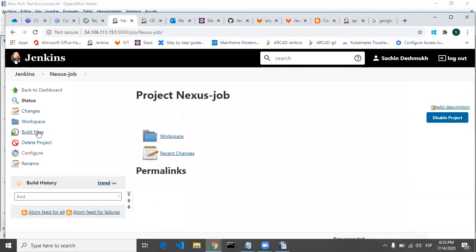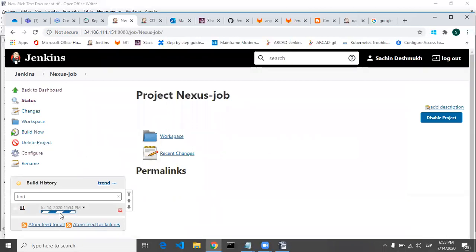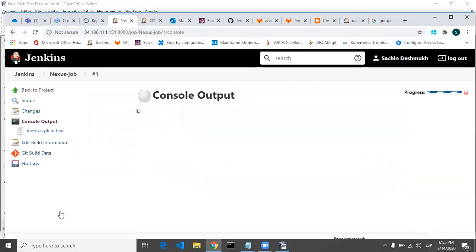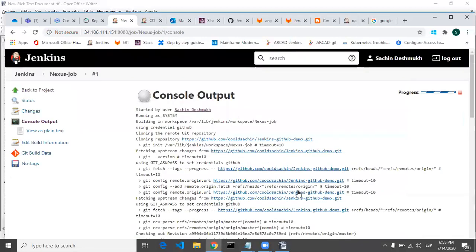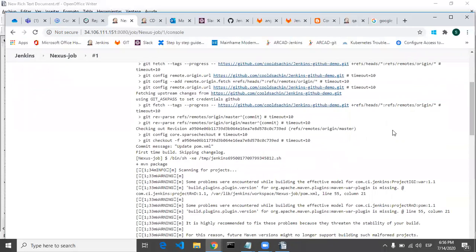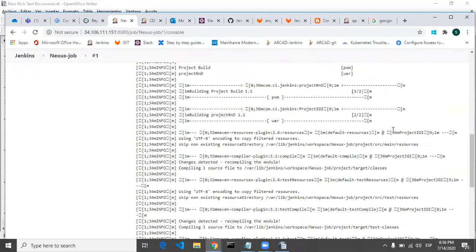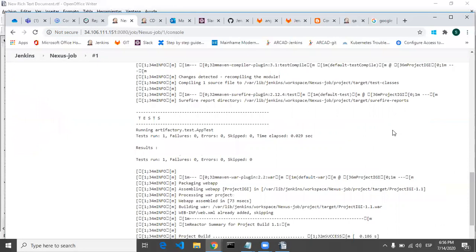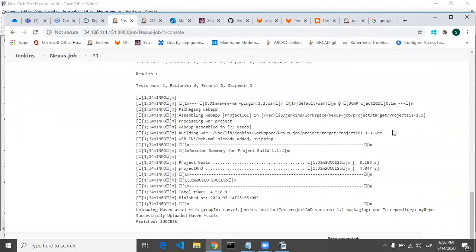and just build now. So let's go to the console output. Here you can see building in workspace, var/lib/jenkins/workspace/Nexus job. Okay, so if you go below, it is testing application, building your application, and you can see this assembling the web app.